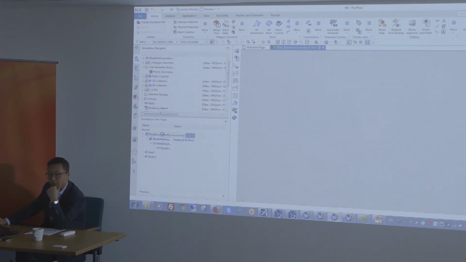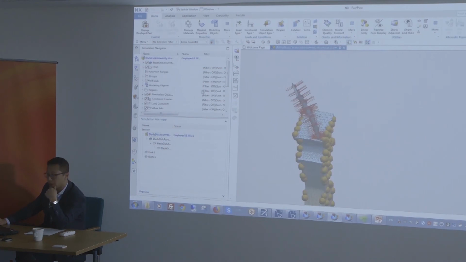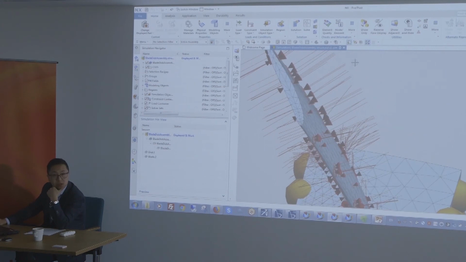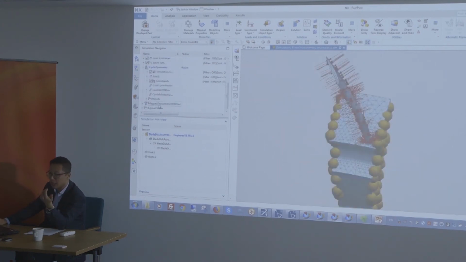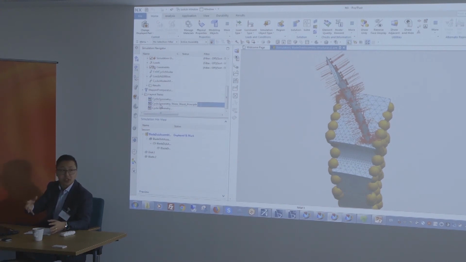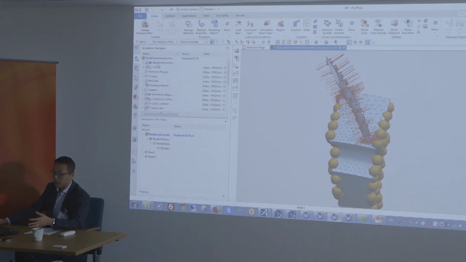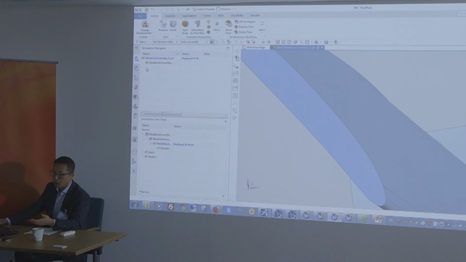And if I go back to my boundary conditions, which were also quite complicated, you'll see that they're still all tied to my geometry. So all you have to do is rerun the analysis and use layout states to compare the results side by side, by using our template. So really the whole process is associative, both if you do the modifications in NX itself, or if you decide to import a new geometry.